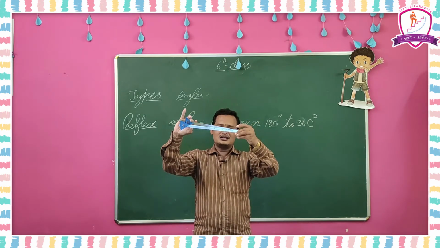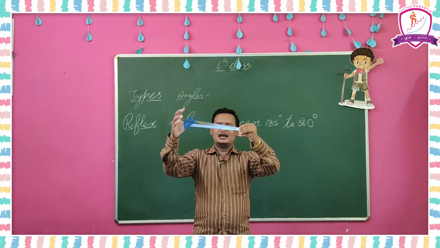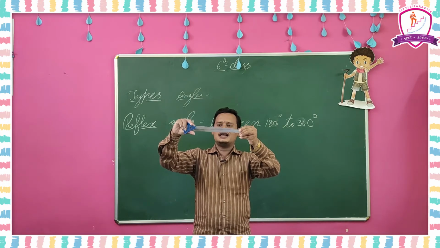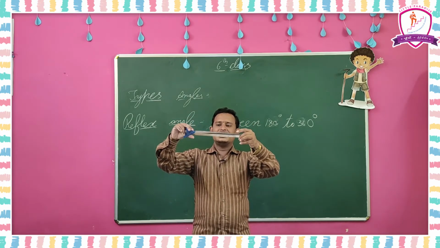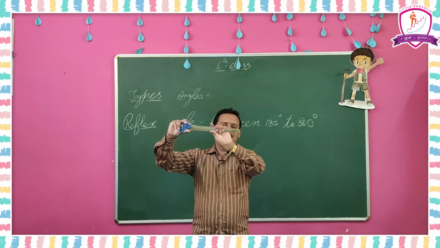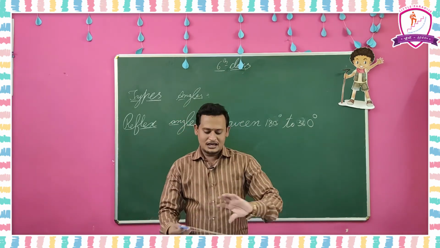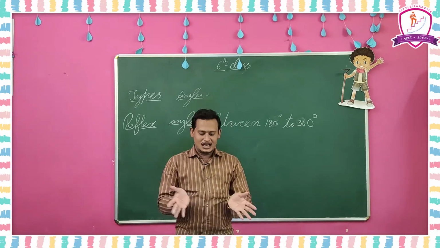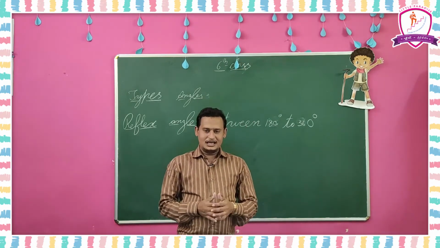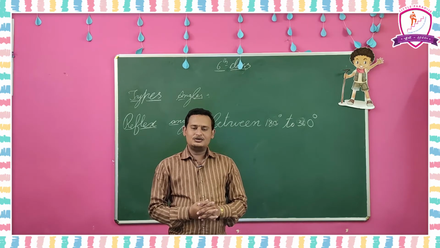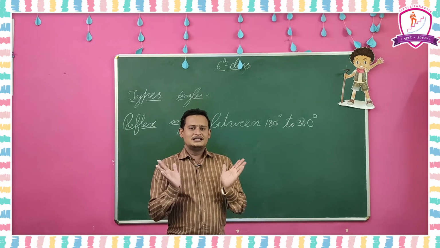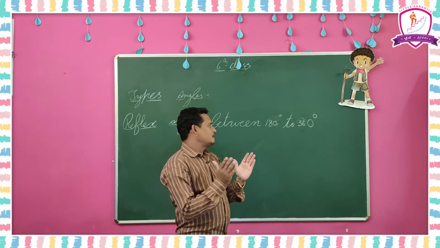This is also called a reflex angle. Okay. If these two coincide like this, we can say this is a complete angle. Okay. Like that we can find the type of angle using the shape only. With the shape only we can say. Okay. No need to measure the angle, we can see that shape and say it is